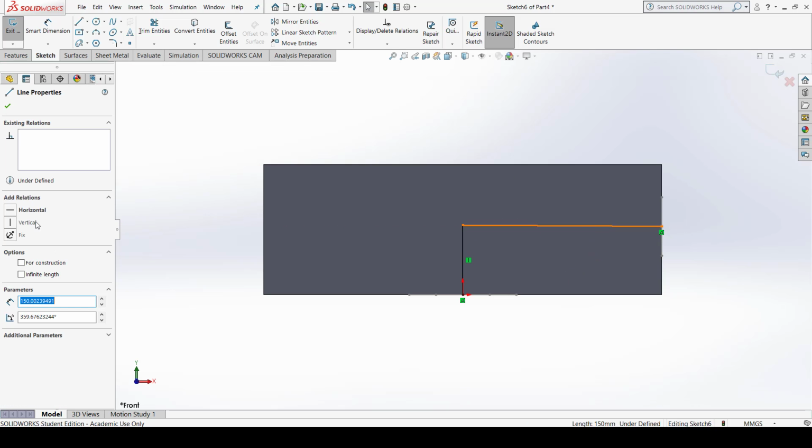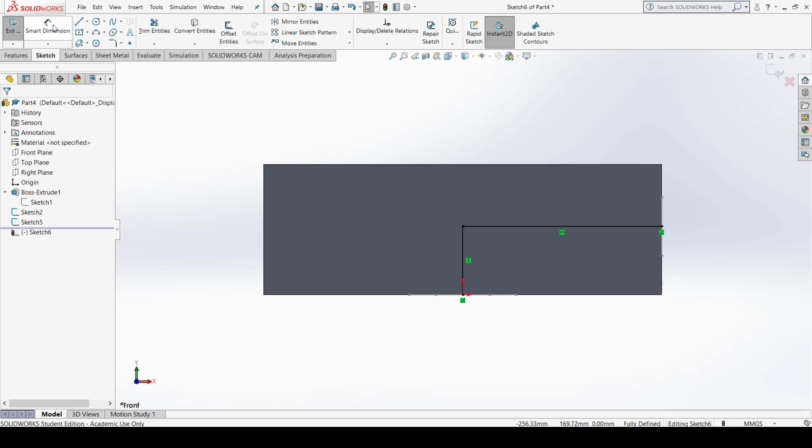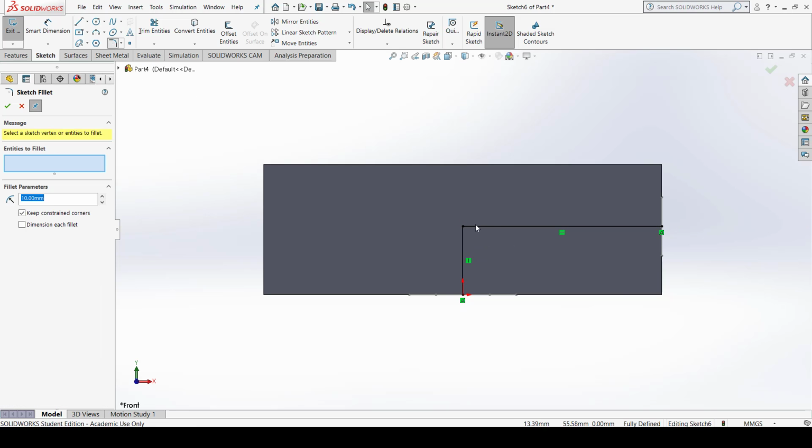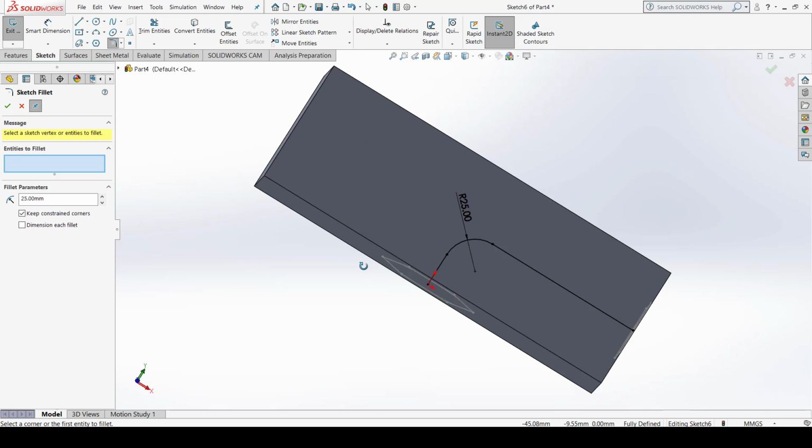Make sure it should be horizontal, and no need to give the dimensions, as it is fully defined right now, and I have to give an arc here. Let it be a fillet, and the fillet value should be 20. Make sure it should be 25 and click OK. See what happens now.